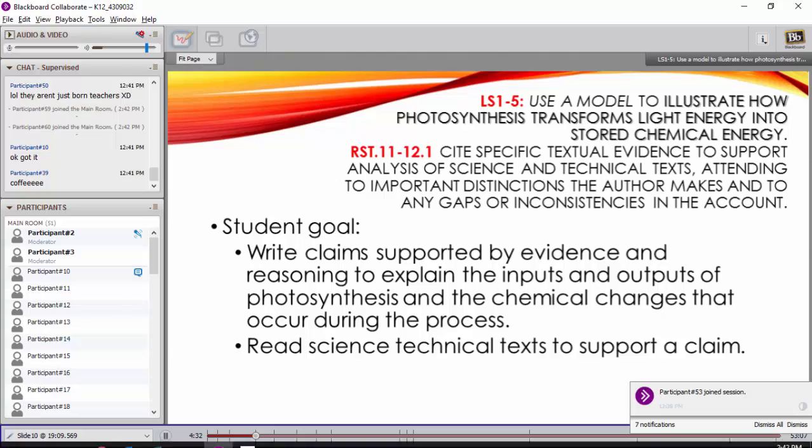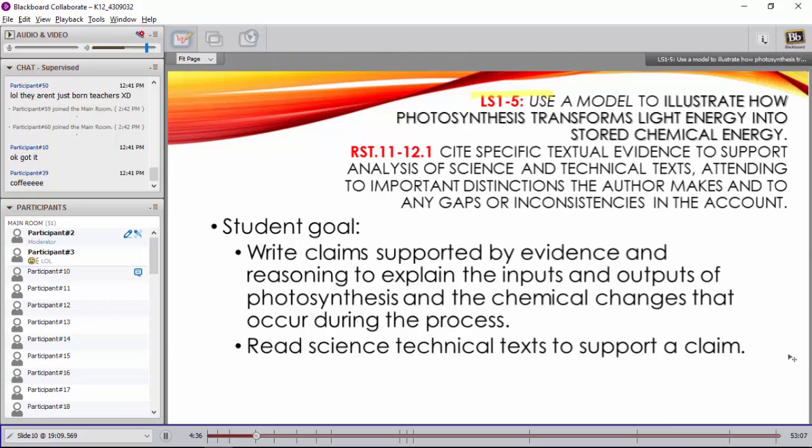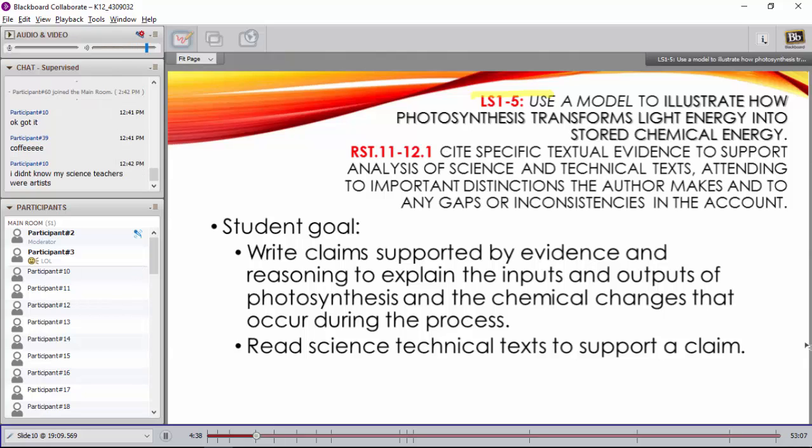Here we go. Standards. So we're hitting our same standard again. We're going to look at photosynthesis yet again. Woohoo! Okay, and also we're going to touch on a writing standard today. This is one of the ones you should see in your English classes. So we're going to look at pulling specific textual evidence, and that's what we're going to be doing today